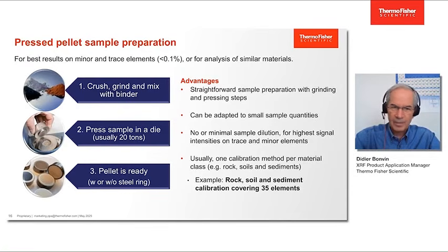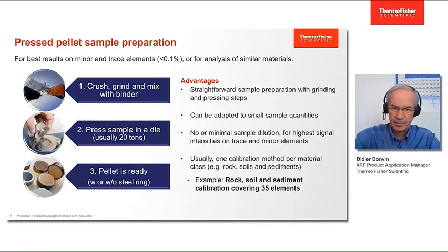There is no or minimal sample dilution. Maybe the dilution is brought by the binder, but generally we will never use more than 10% binder, in the cases the powder does not agglomerate well, which means we get the highest signal intensities on the trace and the minor elements. The drawback is that the calibration generally can only be done for one type of sample